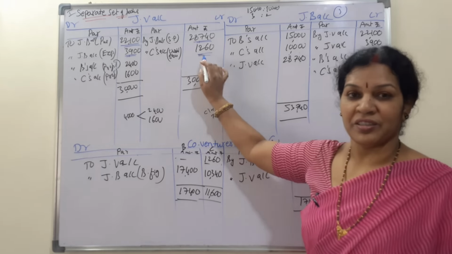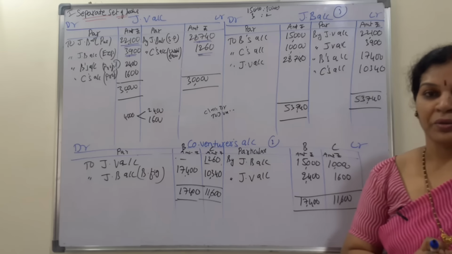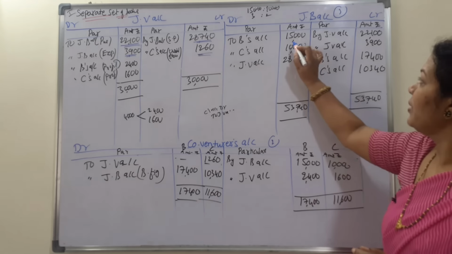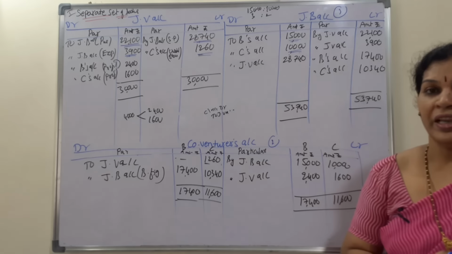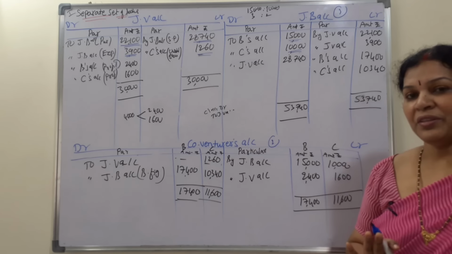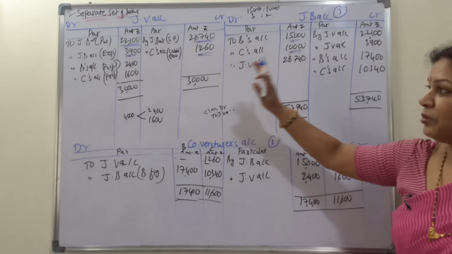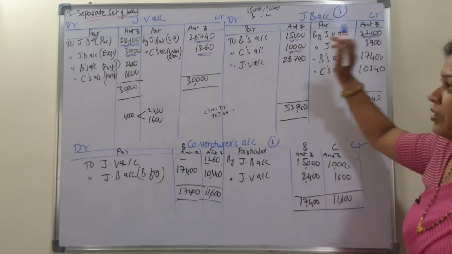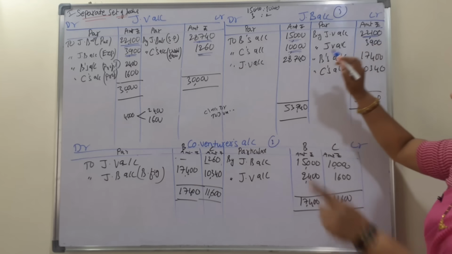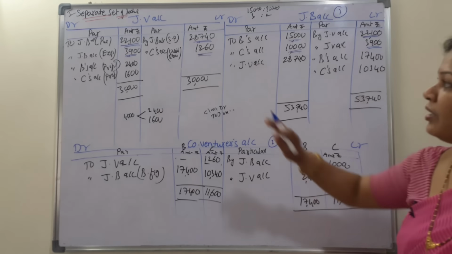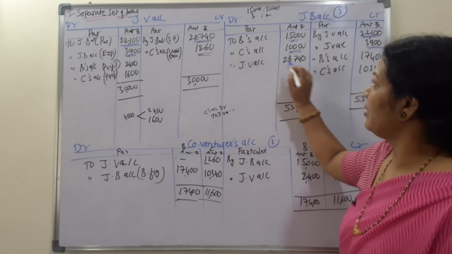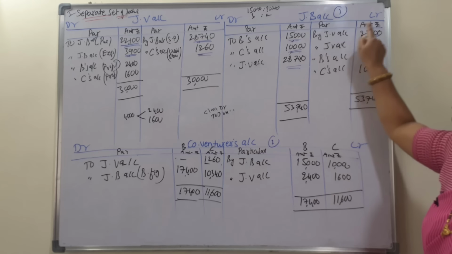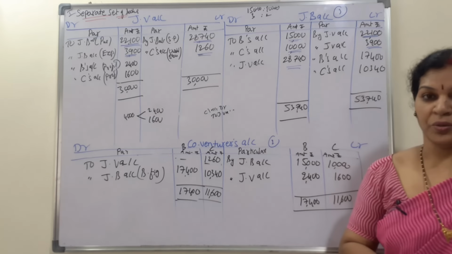So we have written on the credit side. Then after that we have gone to the joint bank account. The joint bank account is started with the deposits of B and C. They have deposited this much amount. Then debit to credit, credit to debit. So here joint bank is 22,100 debit to credit, and 3,900 debit to credit, and here 28,740 credit to debit. That's all. 5 entries we have done, and go to the co-venturers account.